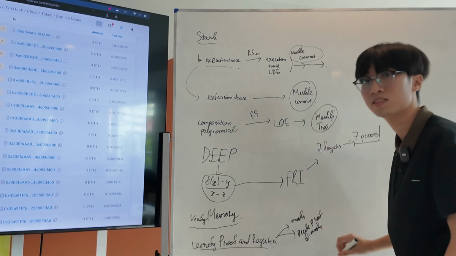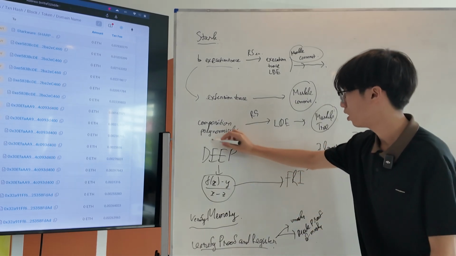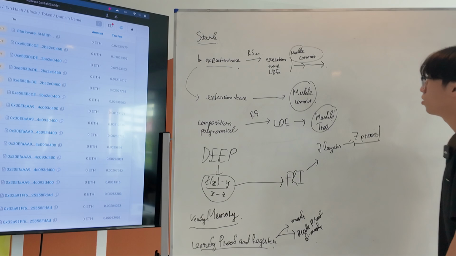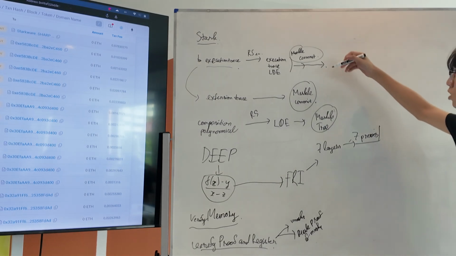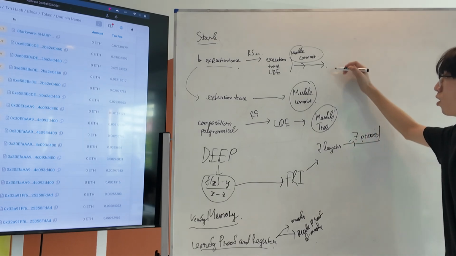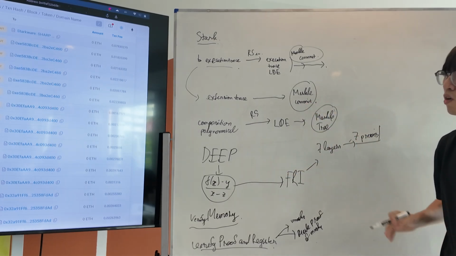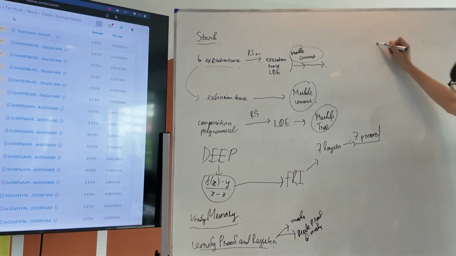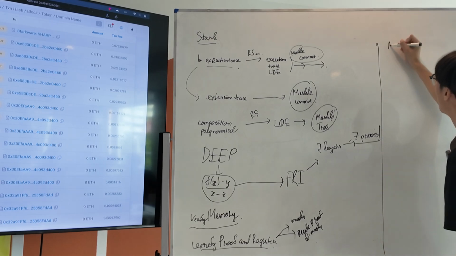A mask here, something like that in the DEEP method. So I will dive into the parameters that you need to send for the main smart contracts here. So the first thing is about